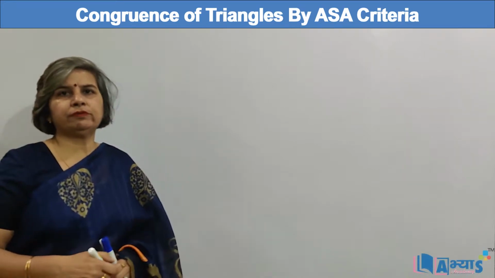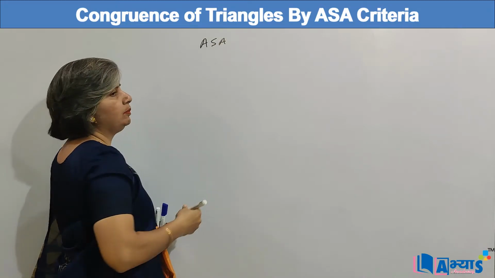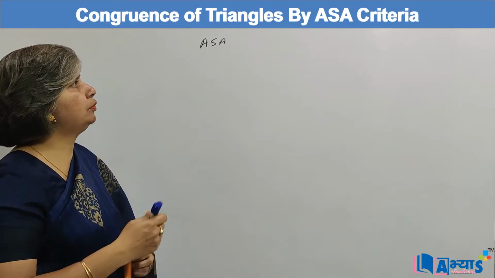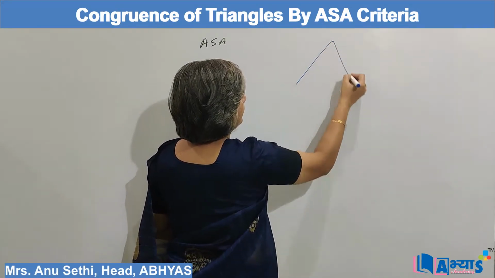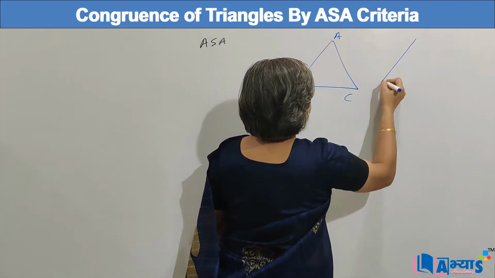Concept of the congruence of two triangles using the criteria ASA. That means angle, included side and the other angle. Suppose we have two triangles ABC and a triangle